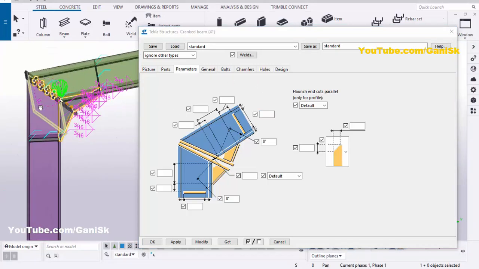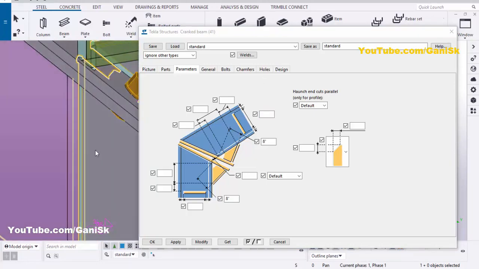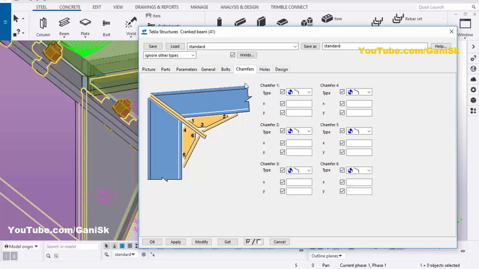So next we need to create here chamfer at this location, for this haunch plate. So click on this chamfer. You can see at this location, this is the column and this is the beam, and these are the connection plates required to create the chamfer at this location. So let's take here, these numbers indicate the location of this chamfer. We require to create the chamfer at number 1 location and number 4 location. So at the number 1 location, chamfer 1, let's take the chamfer value horizontal ½ inch and vertical ½ inch, and then click on modify.